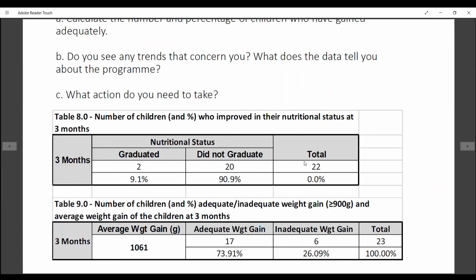And during the follow-up visit, it's also important to look for other components that might influence the nutrition status, such as water, sanitation, and hygiene, the household food security,